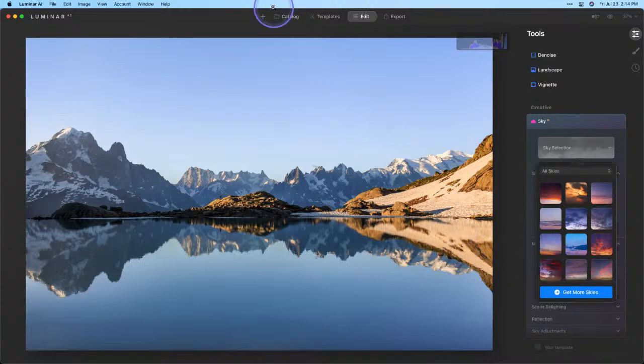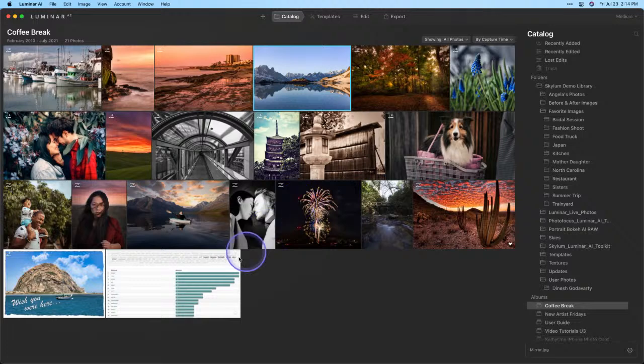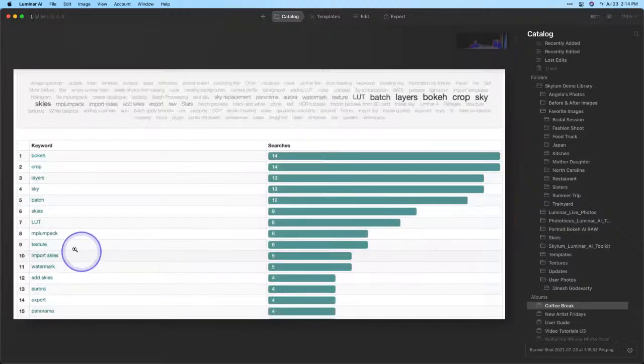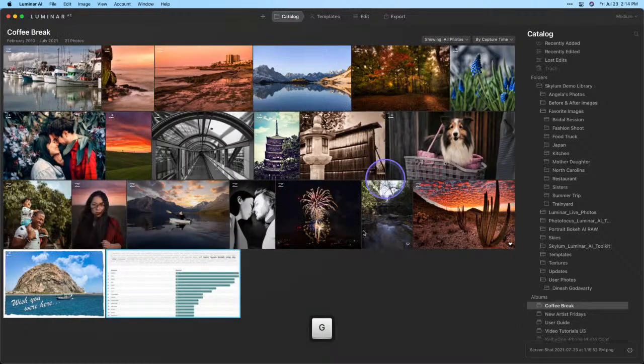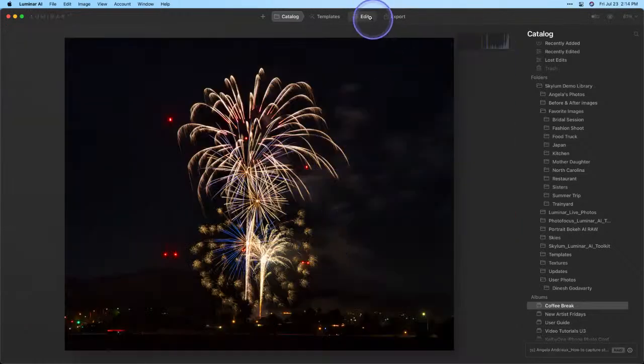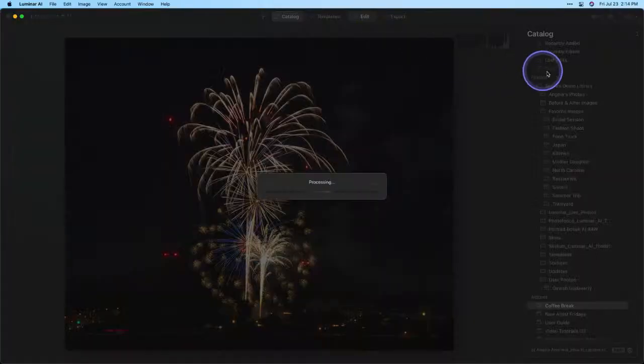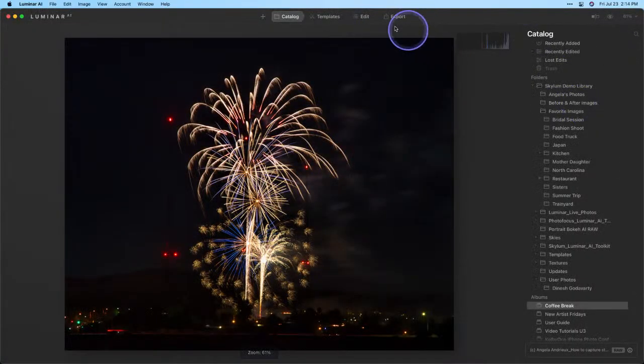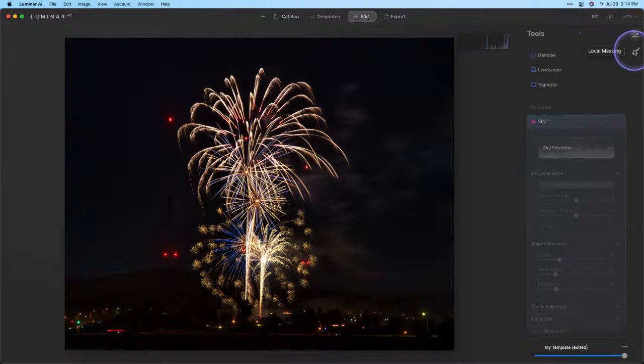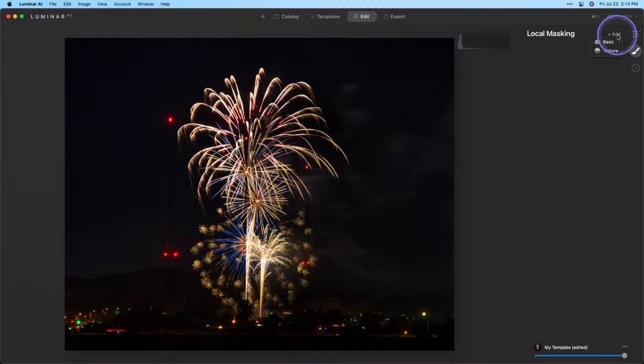Okie dokie. Let's go back and see if we can do one more topic here. All right, we talked about skies. Watermarking is going to be done there with those textures and layers. Again, let's go ahead and hit that G key. Let's go to this fireworks photo and over to Edit. Give that a moment to load up. There we go. And to add a watermark to this, you're going to go over to Local Masking, Add Texture,